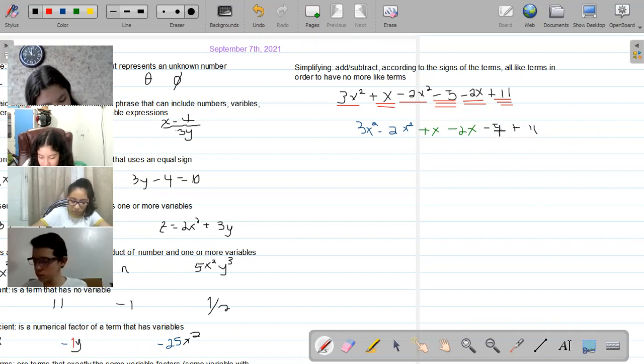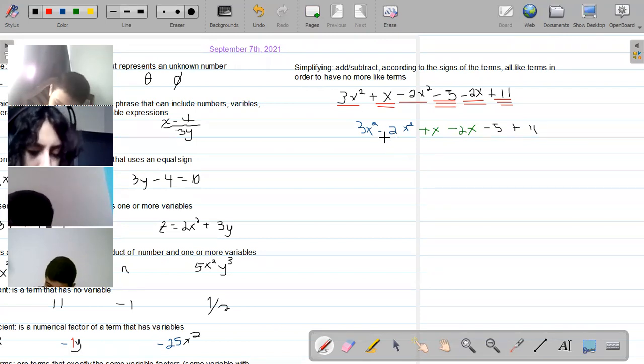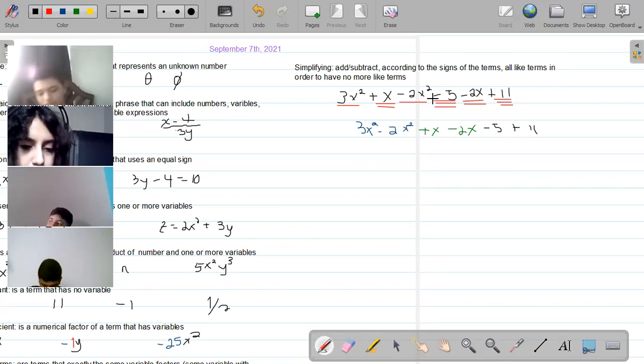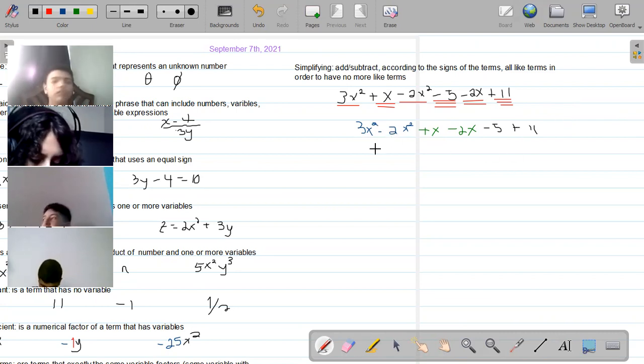And we rewrote the algebraic expression with the like terms next to the like terms. But now we can do this, or we can go and skip the step. Remember that I told you that this school year, we're going to start skipping steps, okay? So we can skip that step and we can just go ahead and say 3x squared minus 2x squared. Okay, so remember, when we are simplifying, we're adding or subtracting, like this is the case, we are going to add or subtract the coefficients and copy the variable with its exponent once. So we're going to say 3 minus 2, that's 1,